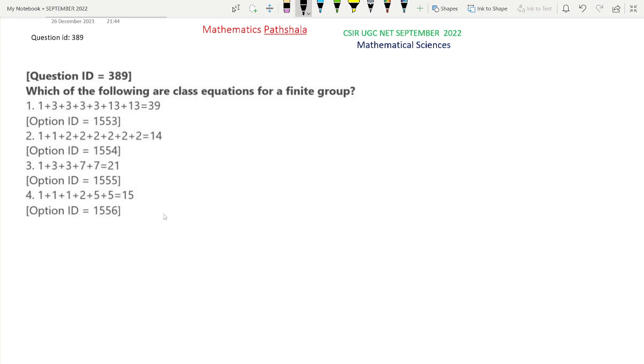There are four options. So we have to check which one will be a right class equation for a group of that order. So first look at option 2 and option 4, because these two options will be easier to examine. See, for option 2, if G is a group of order 14, then